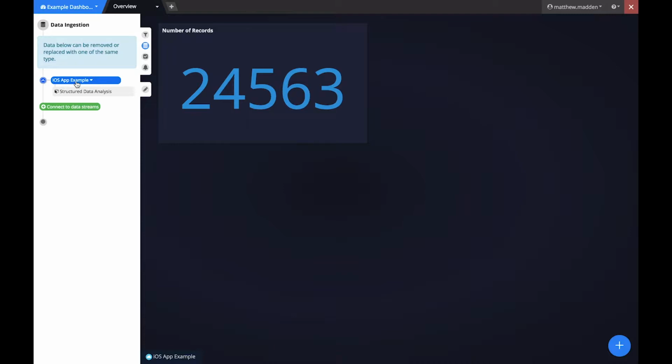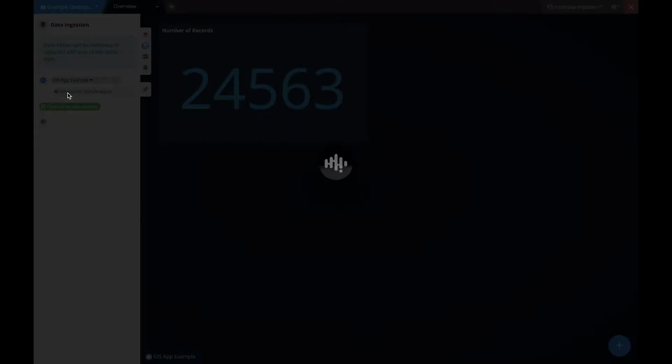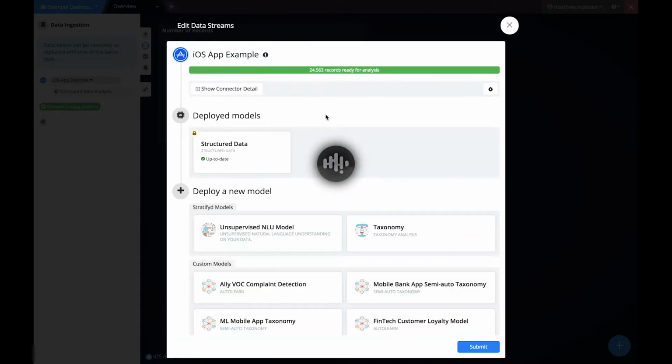In this case, it's an iOS app example. And we will see this edit option. From here, we'll click edit, which will bring up a view showing us all of our deployed models. It's from this view that we can see the option to deploy a taxonomy on this existing data stream. I'm going to select taxonomy,